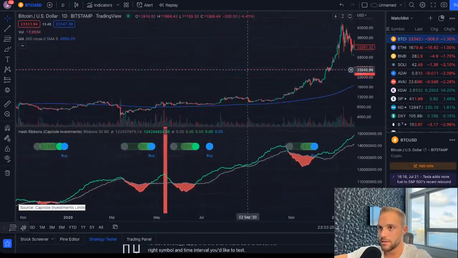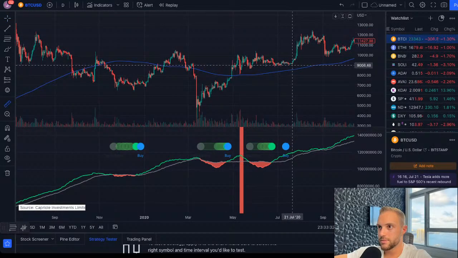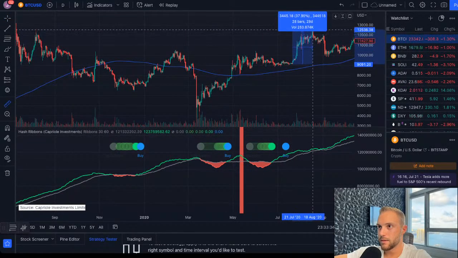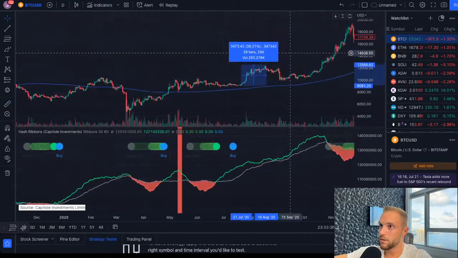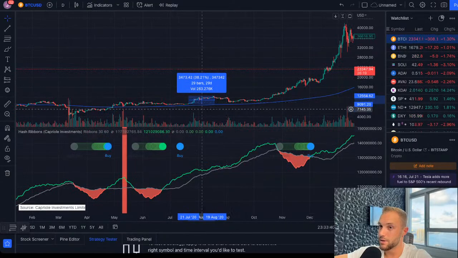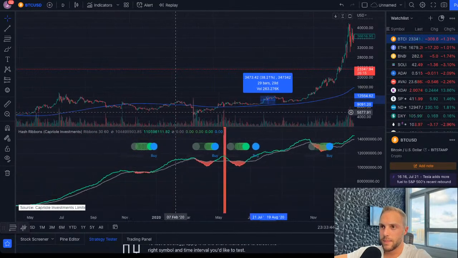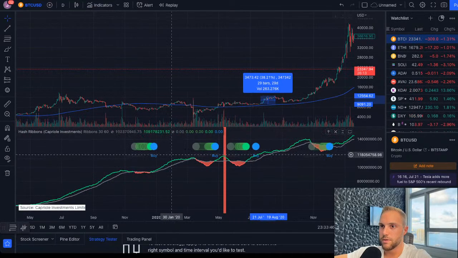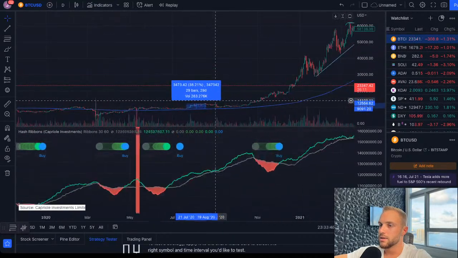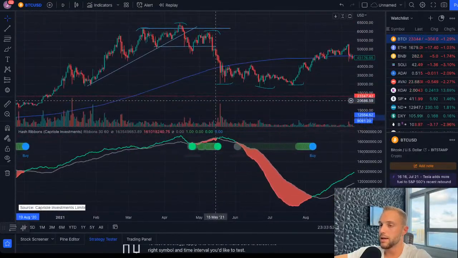So we'll go ahead and look after this buy signal. Let's see what this was. Oh, no, I'm proven wrong. 38%, but really, we then moved up actually over here. So really, probably should have taken it from this low to this one. Same thing here. This was a really big move. It doesn't look like it. Same thing here. So anyways, every time there's been a buy signal, it is shown on hash ribbons, which is